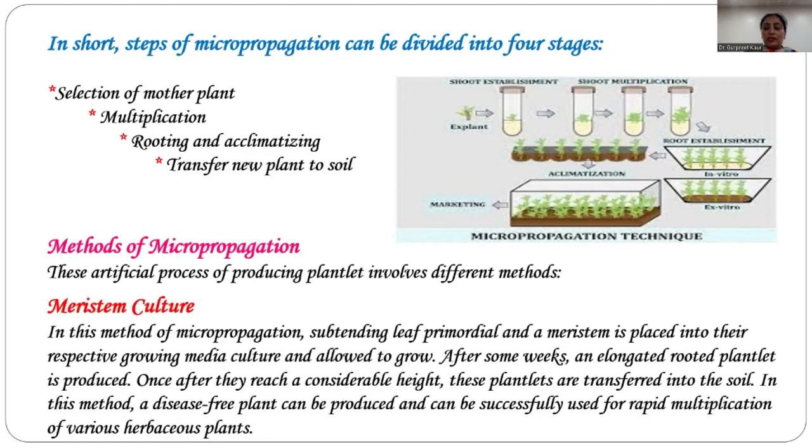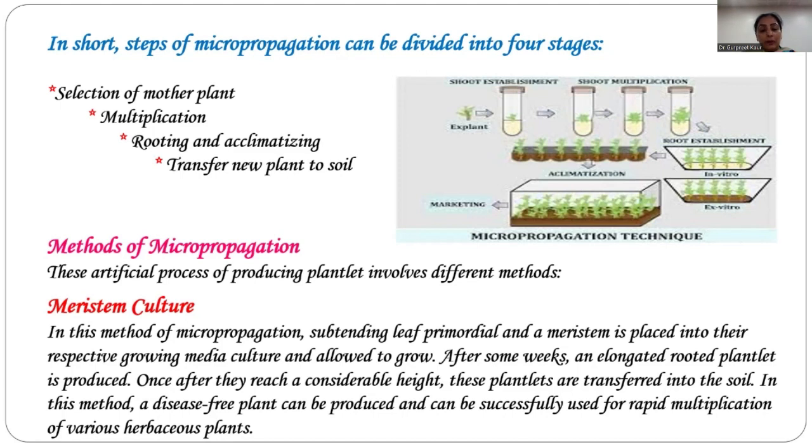The first one is meristem culture. Meristems, as we know, root apical meristem, shoot apical meristem. That is the meristematic cells which are on the verge of division. The cells which divide are the meristematic cells. So cells which are on the verge of division, that is the meristematic cells, if we take that tip,